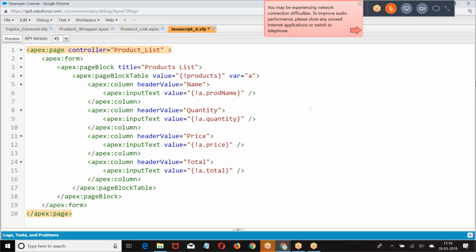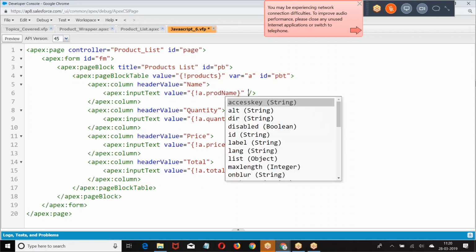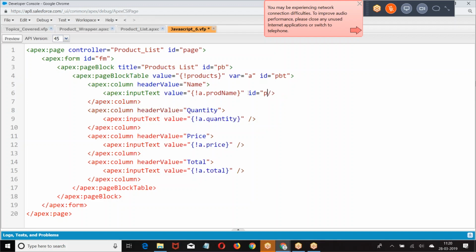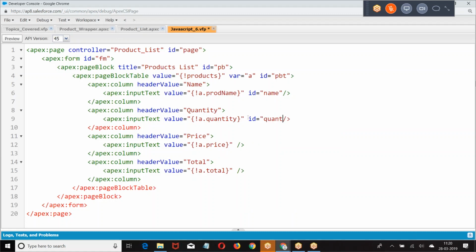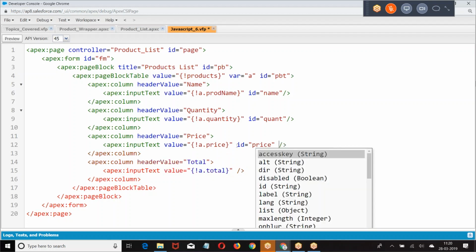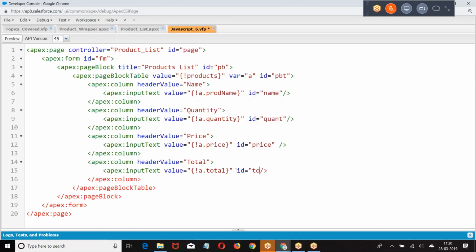This is a regular page block table to display a list of records. Then I was giving an ID. This is what we got.